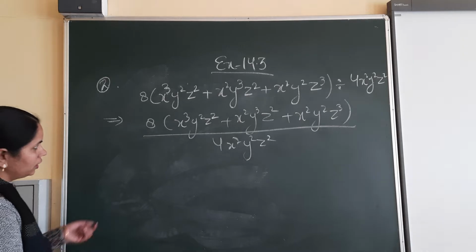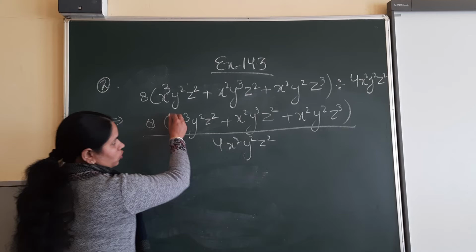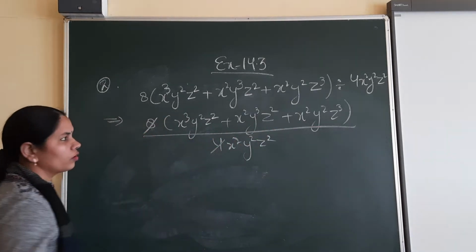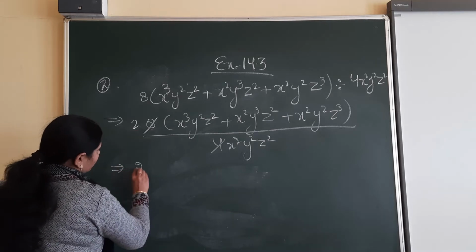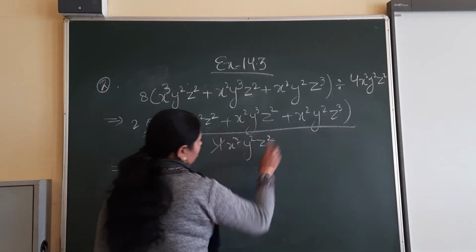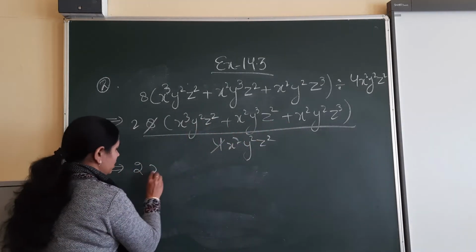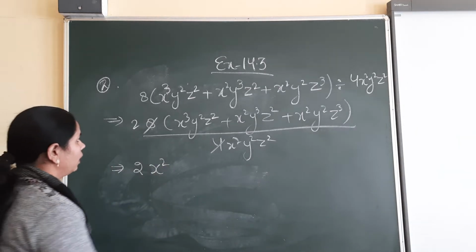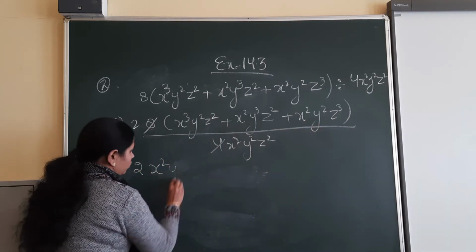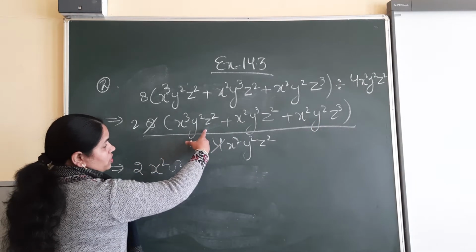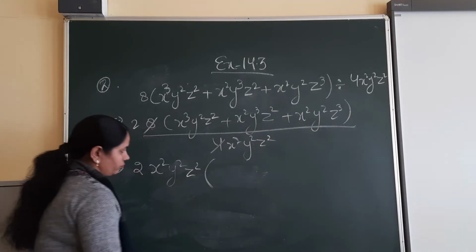Now here we can cancel this 4 into this 8, 2 times, because 8 is common in all three terms. So 4 into 8. Now in the next step write 2 once here. Now what is common in all these three terms? We are seeing x 3 times here, 2 times here and 2 times here. That means x square can be common. Now y square: 2 times, here 3 times and here 2 times. So y square we can write common. Now for z square and cube, z square we can write common.